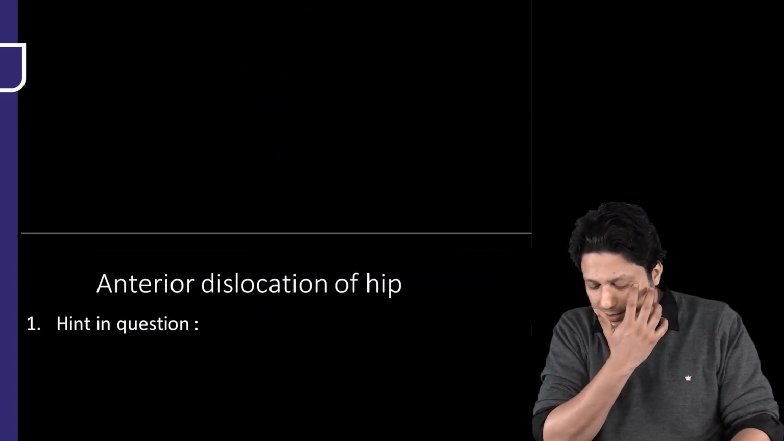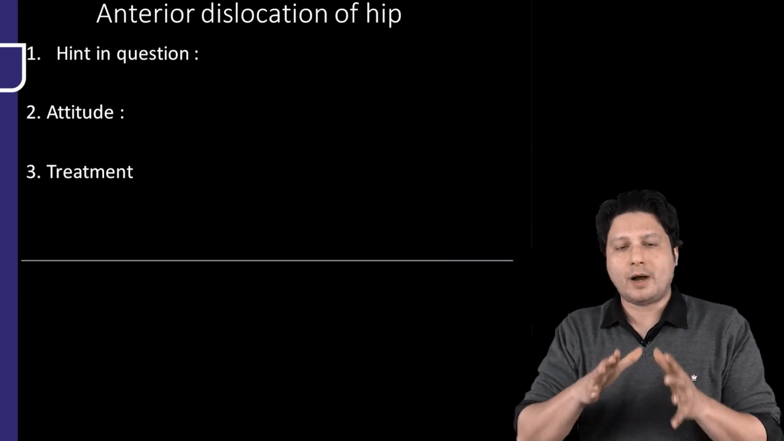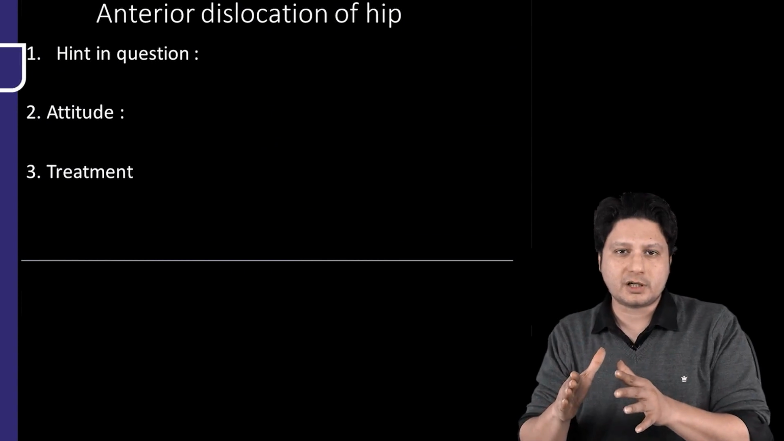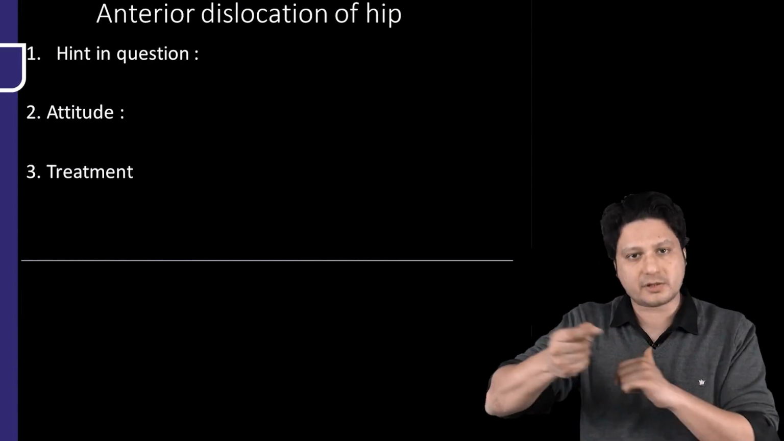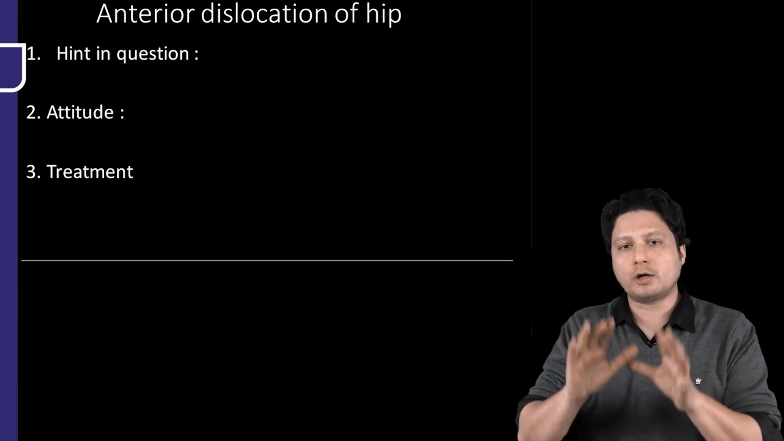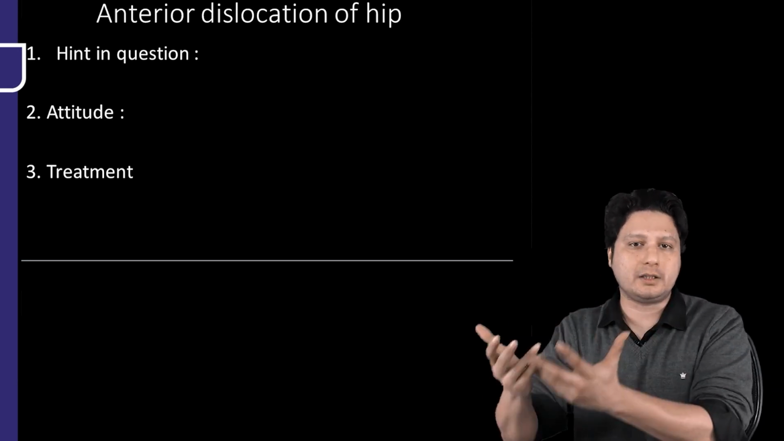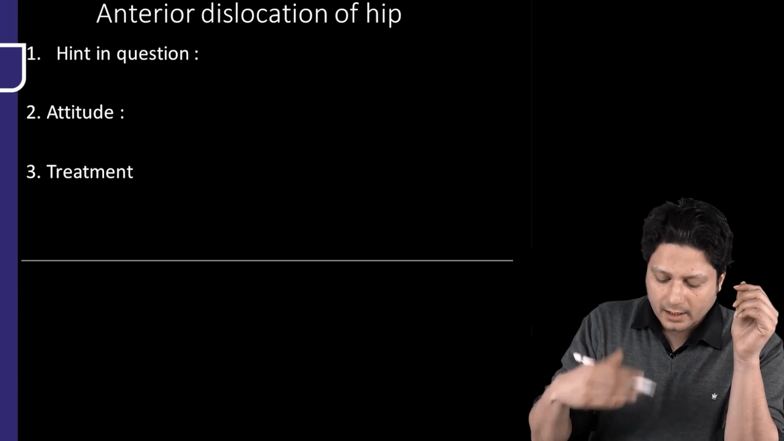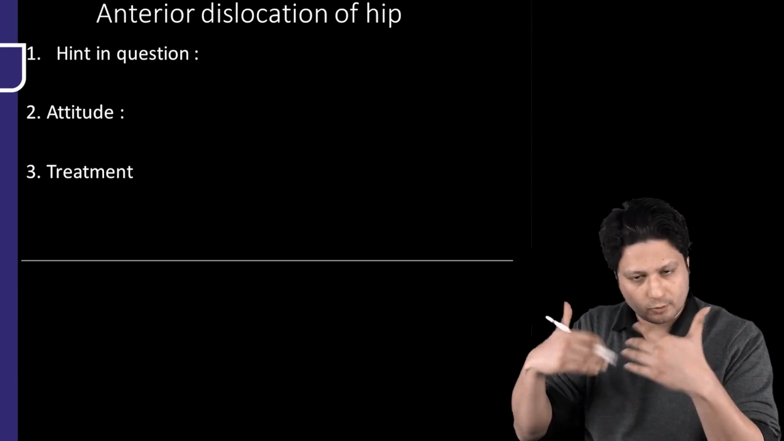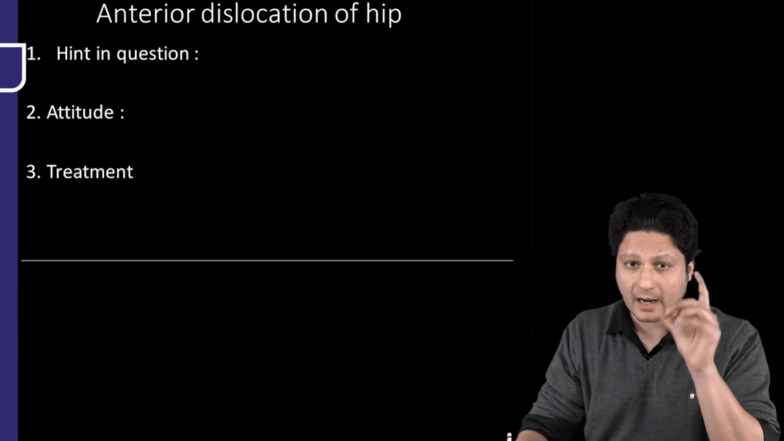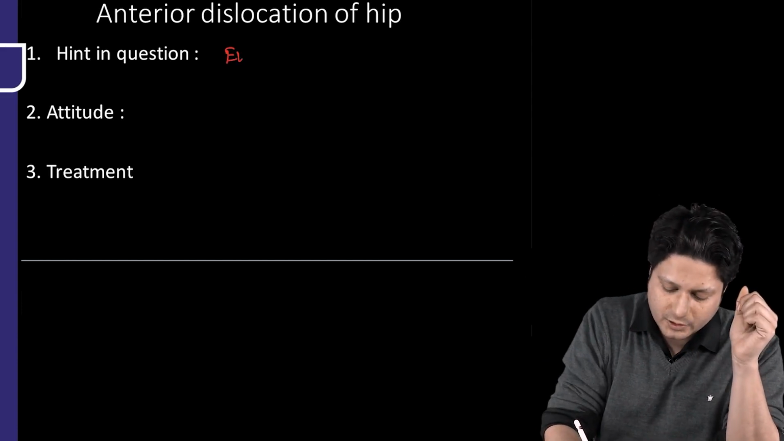Now, the next topic is anterior dislocation of the hip. The discussion of anterior dislocation of the hip is in context with, and in comparison to, the posterior dislocation of the hip. So what you need to remember, point number 1, is the hint in the question. If the examiner decides to give you a question out of this topic of dislocation, and they are giving you an elderly age group,